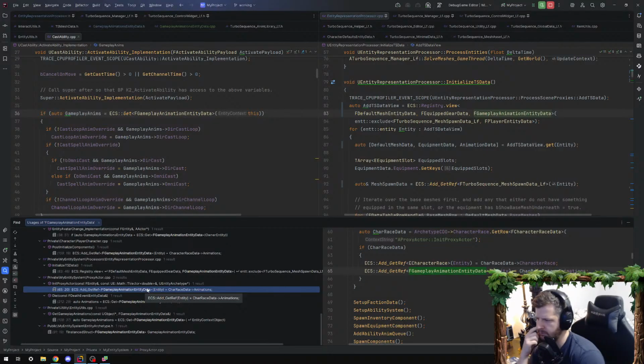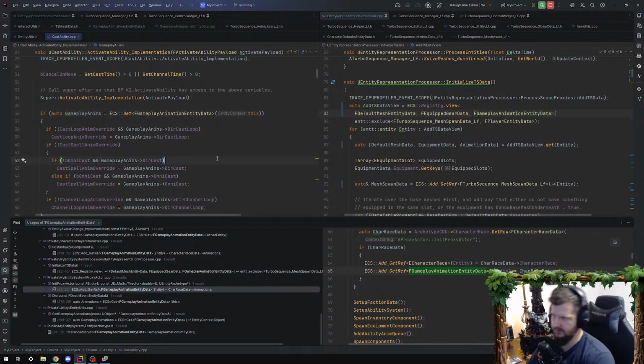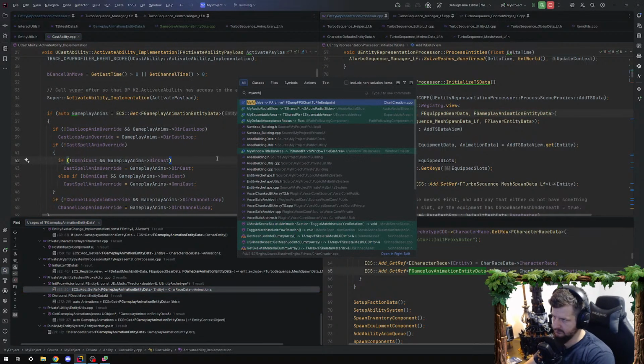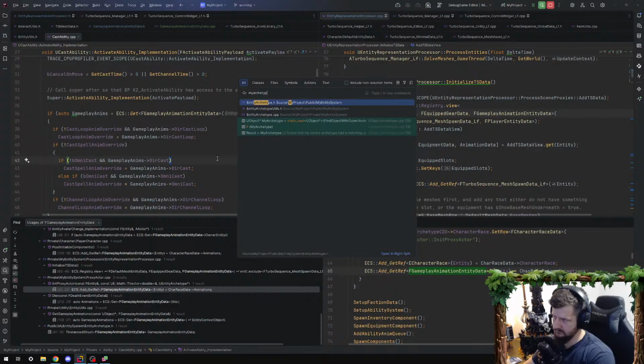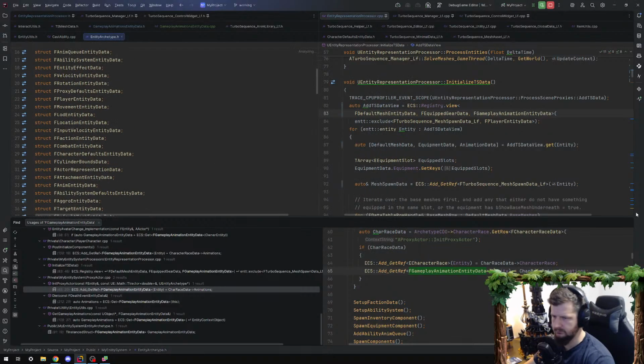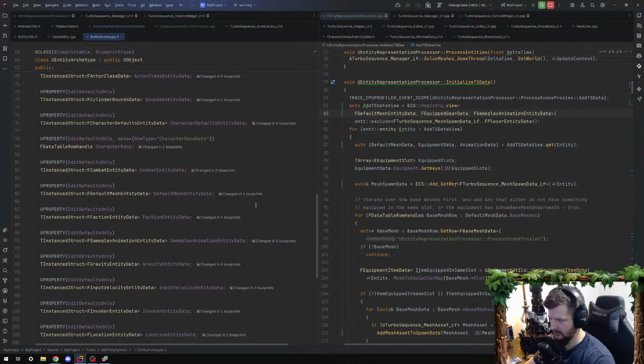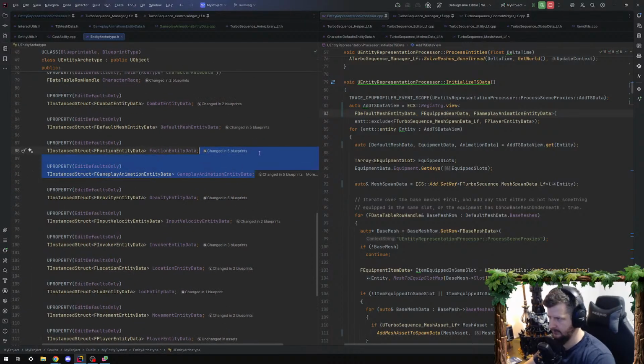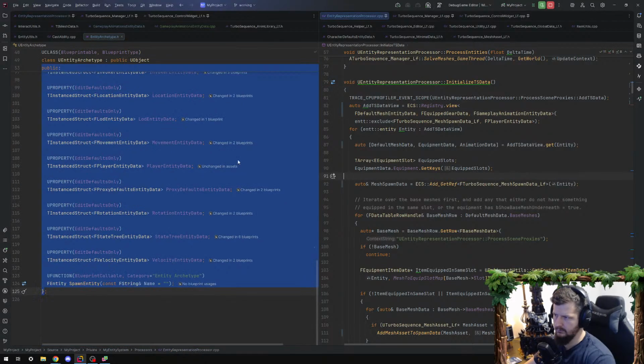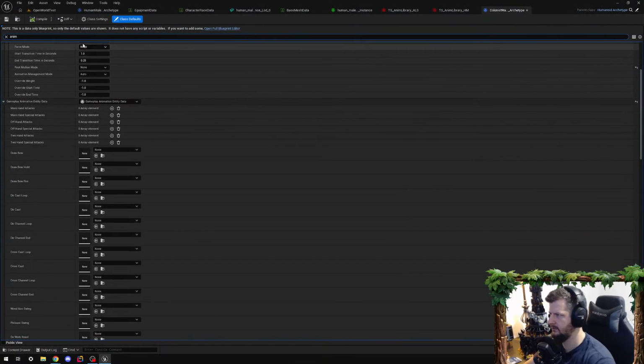Yeah, it just gets overwritten with the character race data. So we should remove that from the archetype. It should at least remove that. Remove that there, and then the race data,